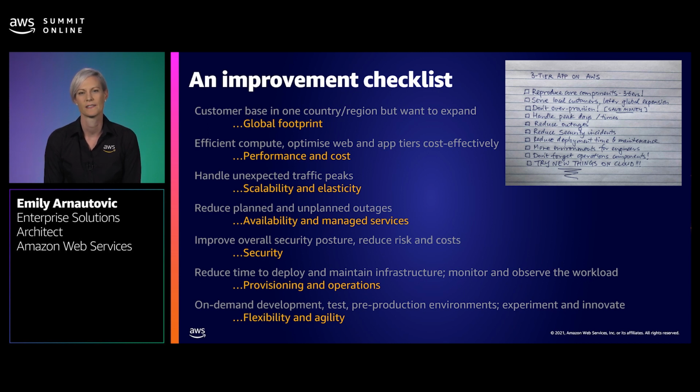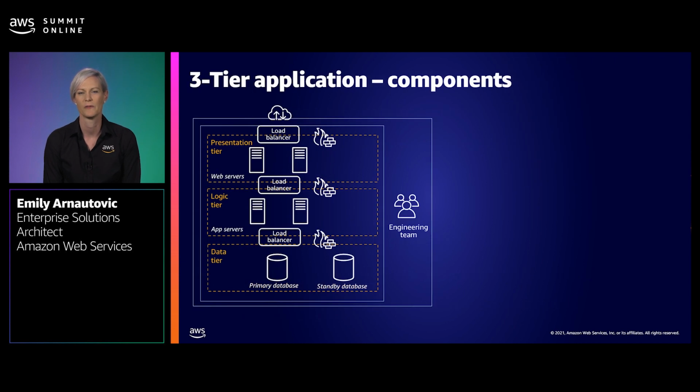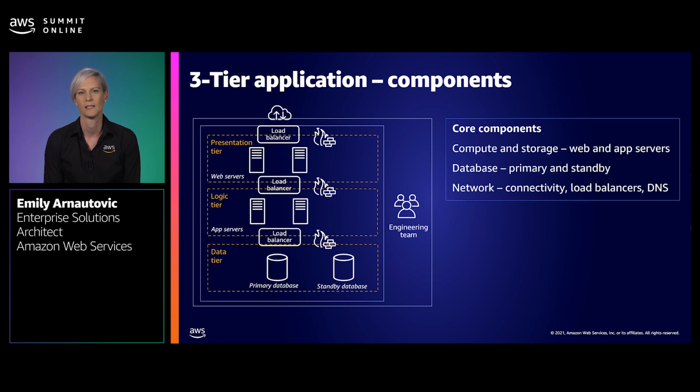Let's see the components that we need to include in our AWS architecture. So for core components in a three-tier app, we've got compute and storage for the web app and the app servers. These could be running Linux or Windows. We aren't sure how many servers in each tier, but we typically see multiple servers in each tier to handle the traffic or the load and to build a more available and reliable application. We've got a database. Could be a relational database because these are very common in three-tier apps, but it could be a NoSQL database.